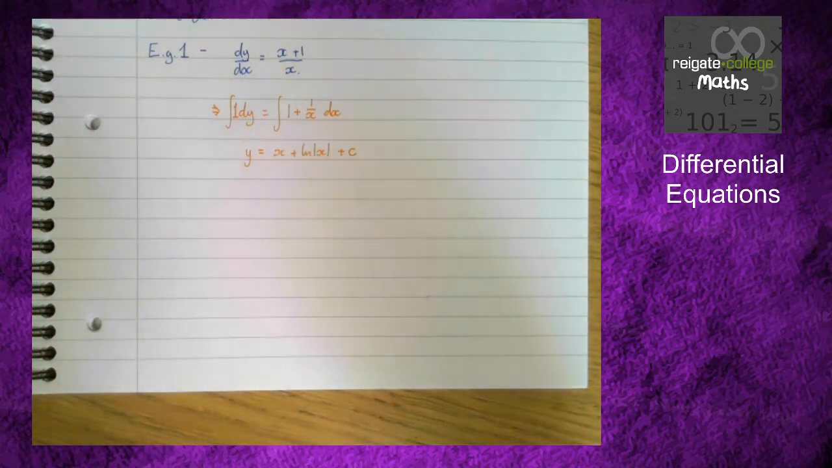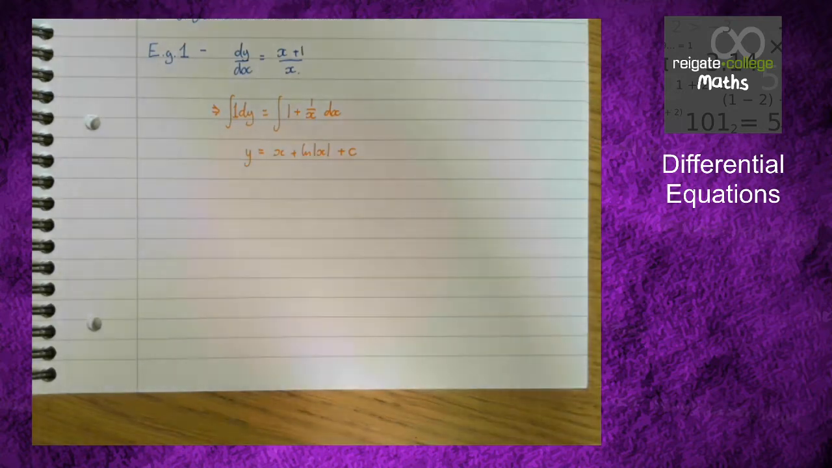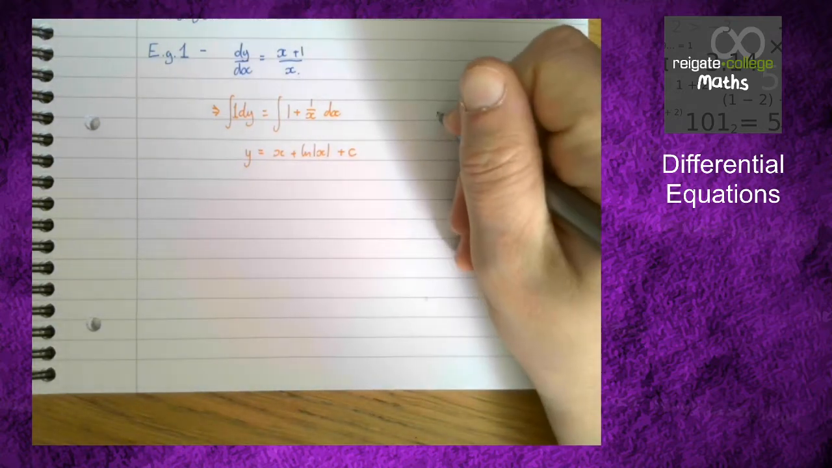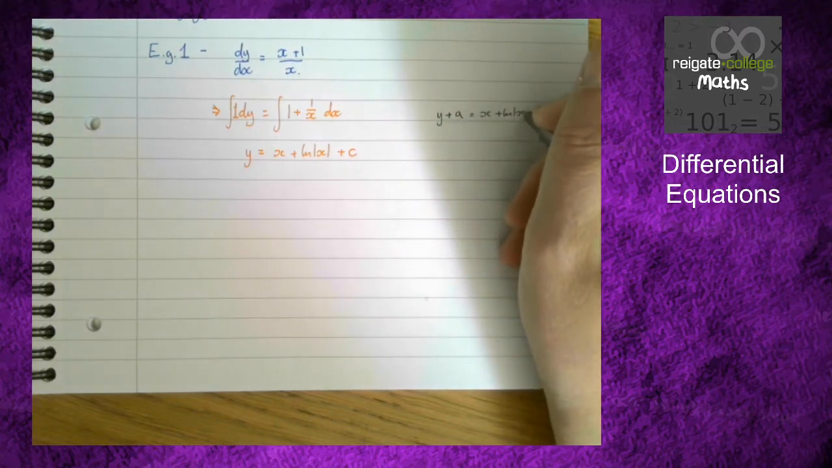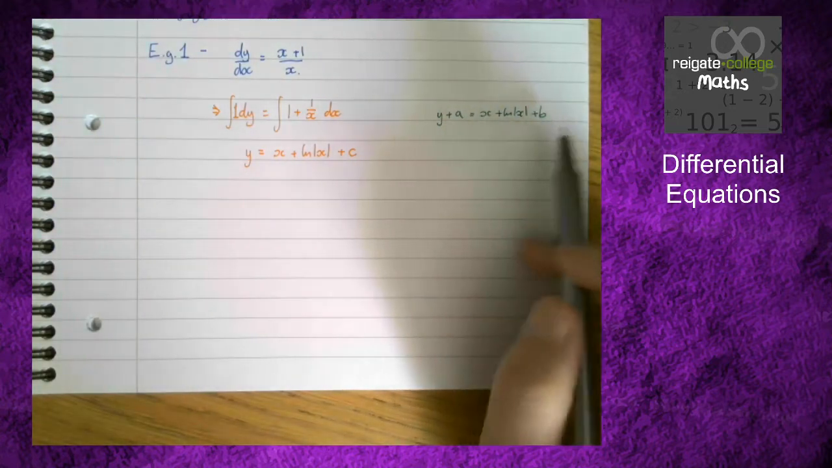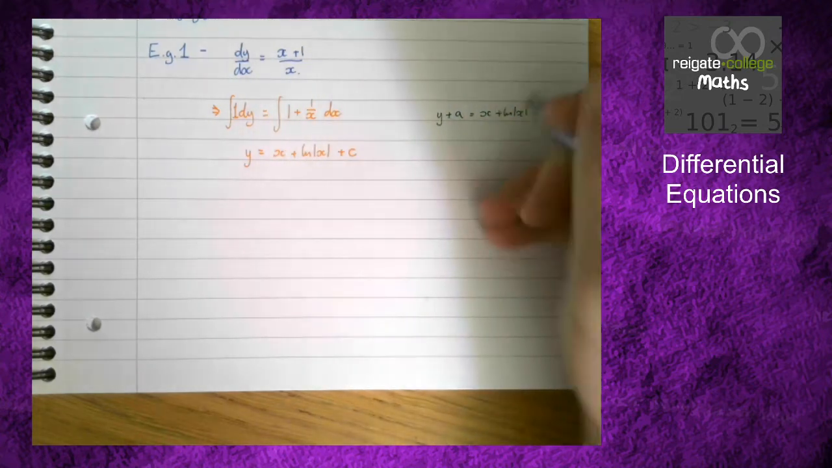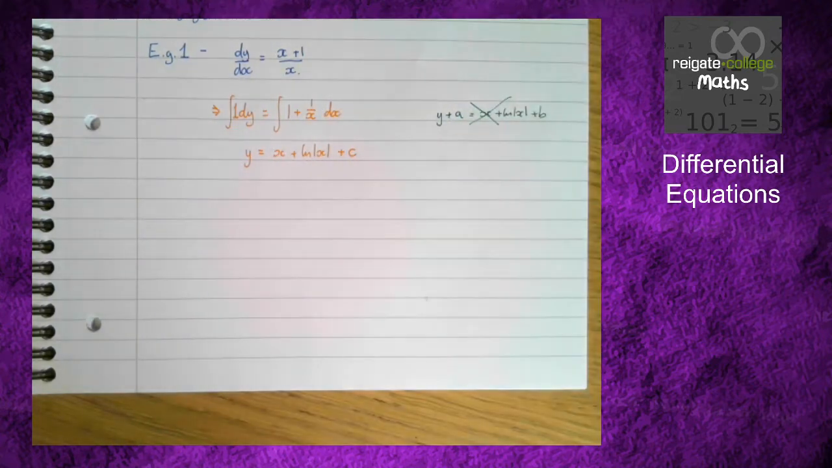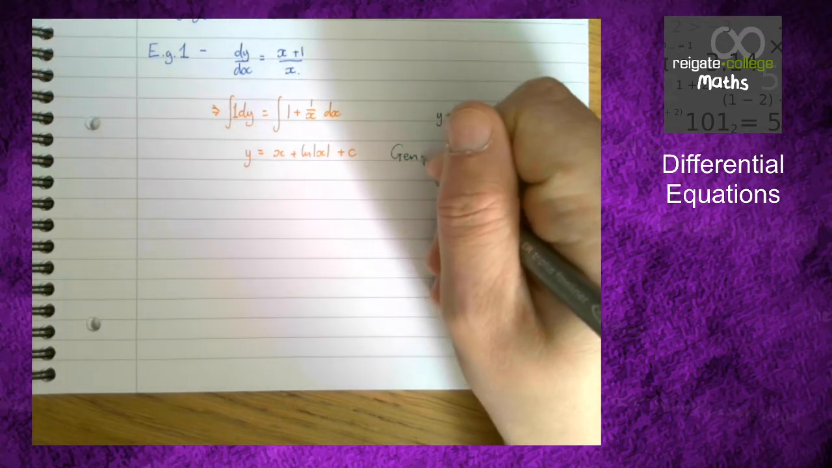Now a couple of questions we get asked is, well, why don't we need an integration constant on both sides? It's a sensible question. Well, it's because it's a constant. We could integrate to get y plus a equals x ln x plus b. a and b are both just numbers, so we may as well collect them together into one single number. So we don't do this. This is known as a general solution